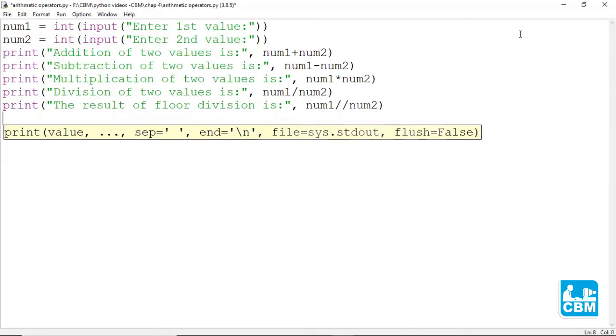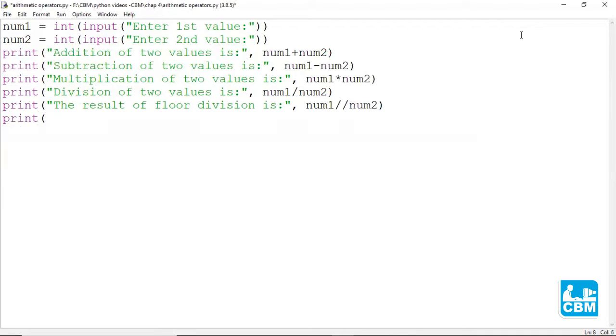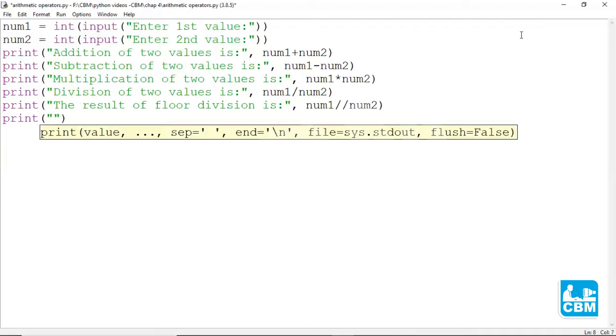We can also find the cube of num1 or num2. So let's find the cube of num2. Print the cube of second number is, colon, comma, num2 star star, which is nothing but the symbol for the exponential operator, 3.